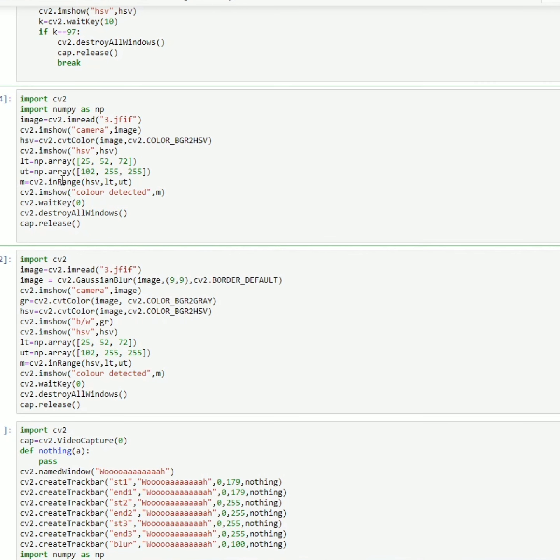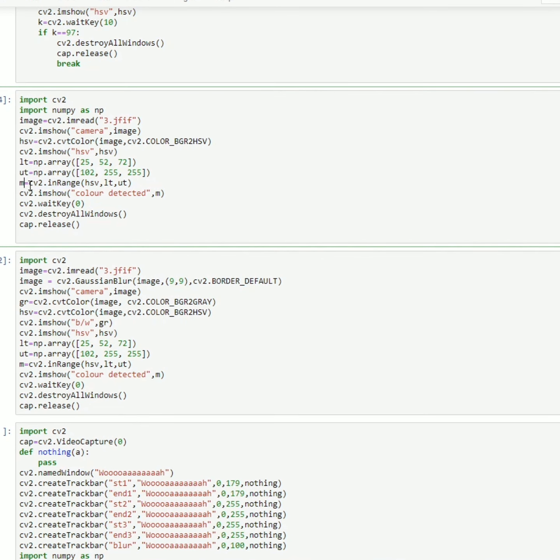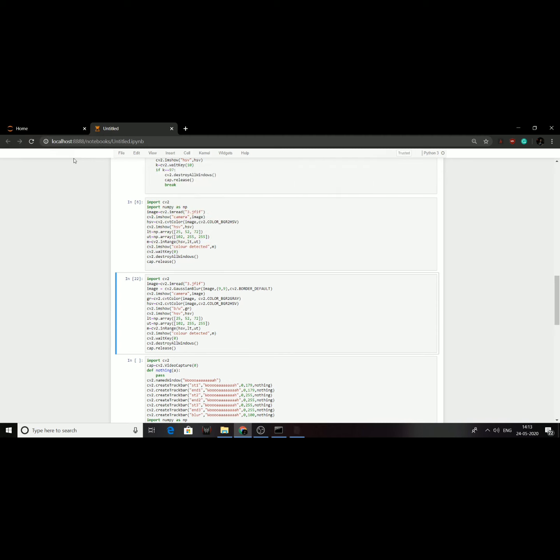This command says that if in the image HSV the pixels are from lower threshold to upper threshold, then the mask will store those pixels, and if not, it will have black pixels. That's why you can see black over here, and wherever it is green you can see white over here. But now how to avoid these noises?